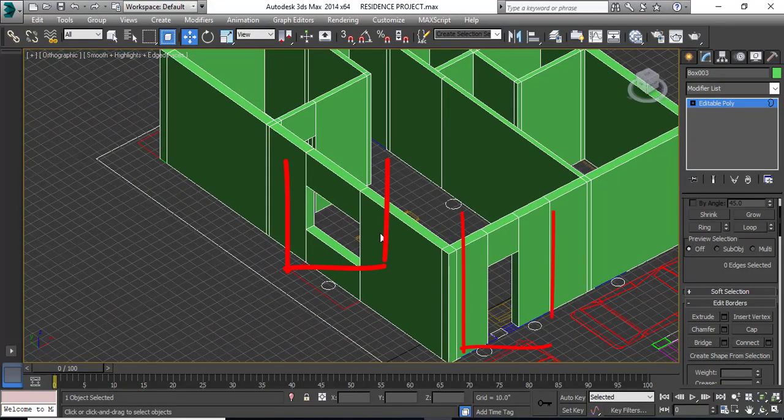So this is how you create openings for doors and windows in your 3D model. And I know this is not the easiest way to do it, but yes, when you do the high level editing, when you need to edit your model, these are the commands that you need to know. The simple way of creating doors and windows might not help when you are editing your model, but once if you know these commands, it is very easy to modify and customize your models as per your requirement. So these are the important commands.